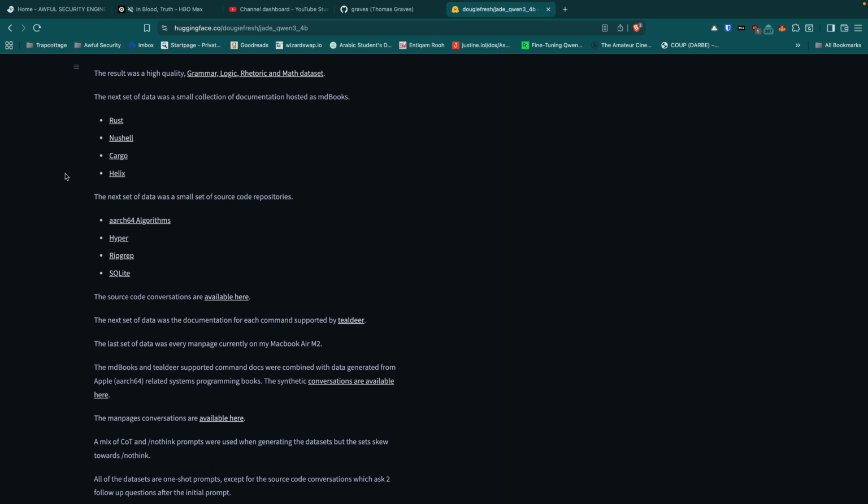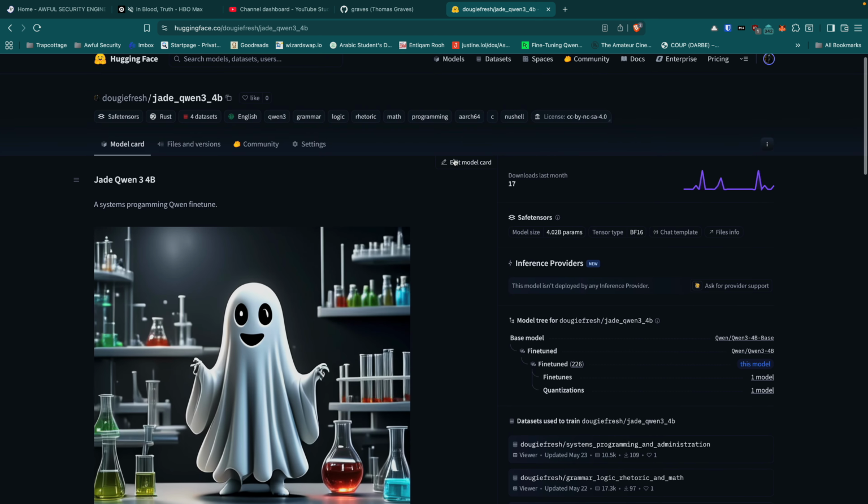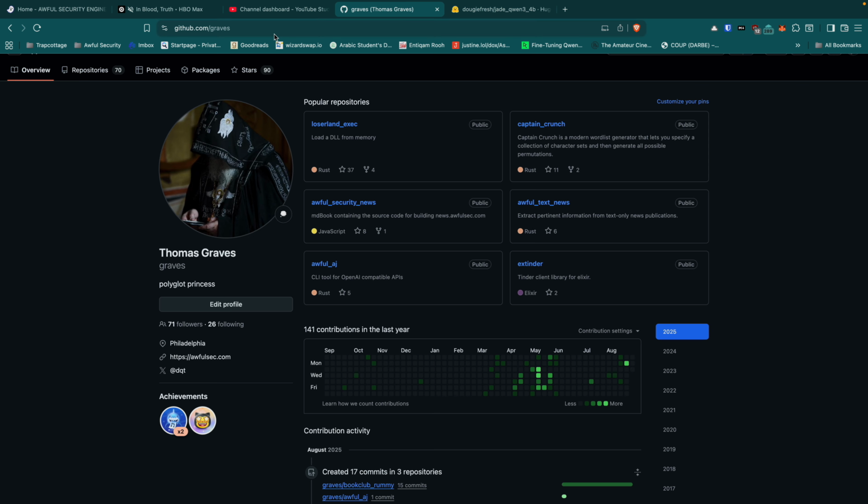All of the data that we use to fine-tune Qwen is available to the public, open source at huggingface.co/DougieFresh. All of the different clients and tools we use to build it are available on GitHub at github.com/graves.